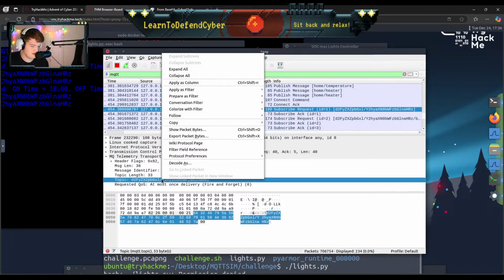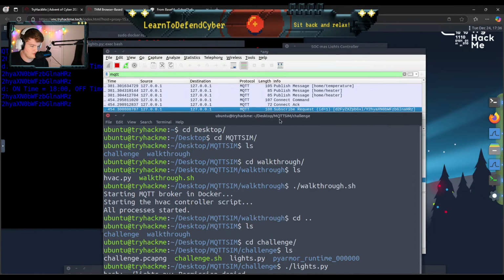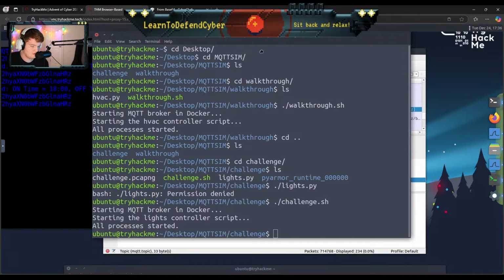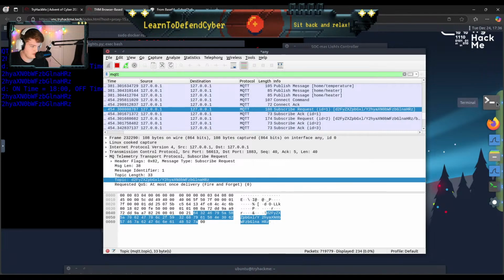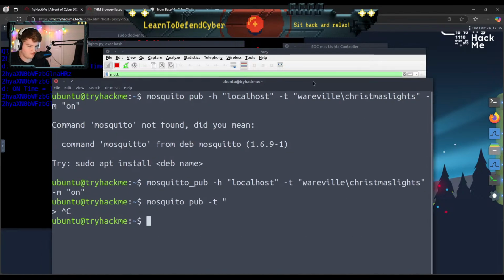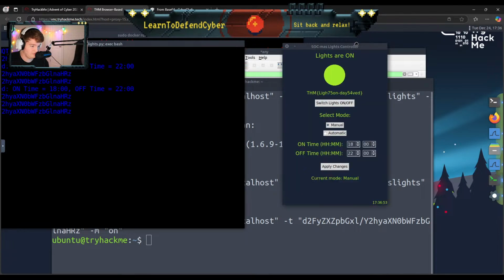Alright, so let's copy this. Copy the value. We will go into our terminal. This is the wrong terminal, but we'll go into a terminal. It's down here. And we will rerun our command, but instead of the decoded value that I went and got, we will paste this. I saw it pop up in the blue. Blue is usually good, and they're on. So we got it. Okay, I guess I was overthinking it a little bit then.